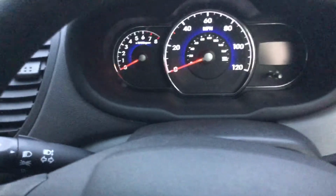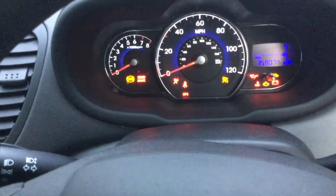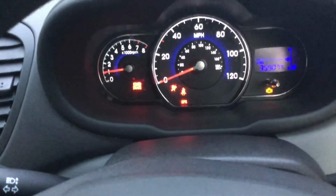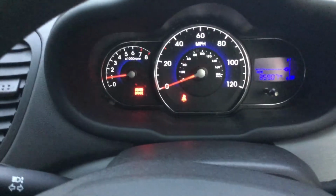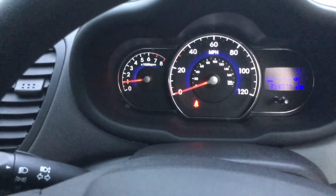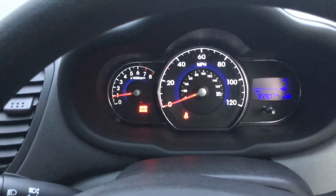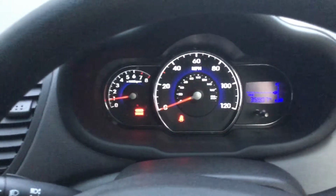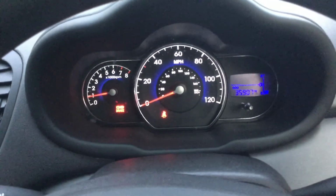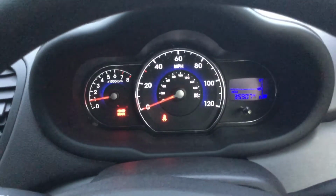And what I'll do, I'll just start the car up for you, just so you can see any of the lights that are in here. They'll all go out. So ignition on. You see the mileage there, 35,907. There we go. All the lights all going out. The only ones that are on now, one is the handbrake, so I'll just release that, and then you've got the other one for the seat belt. Now this mileage will probably go up by maybe 100 or so,